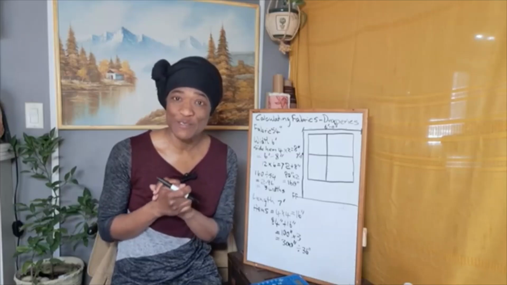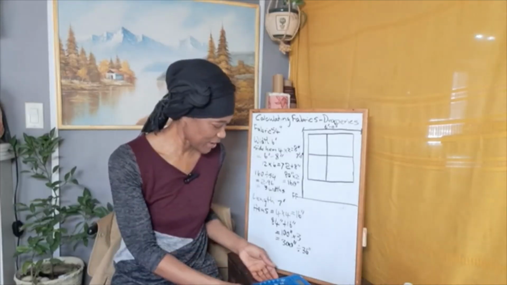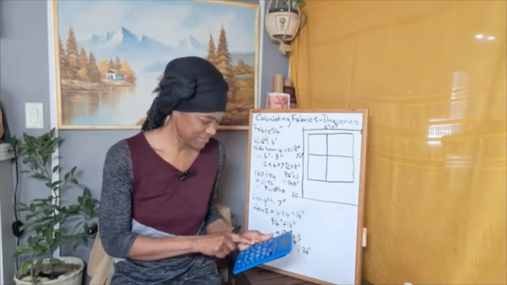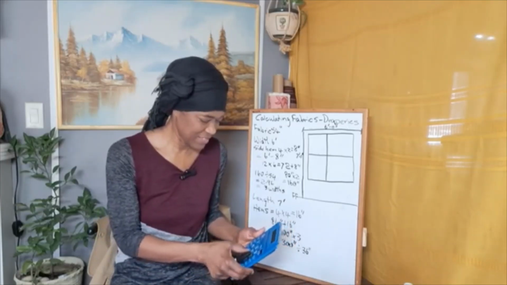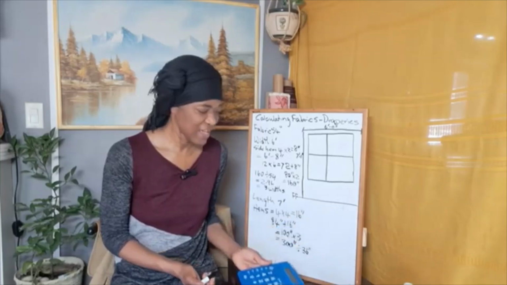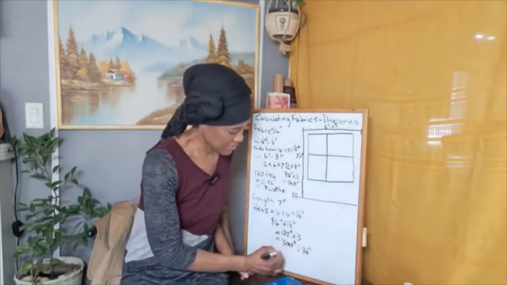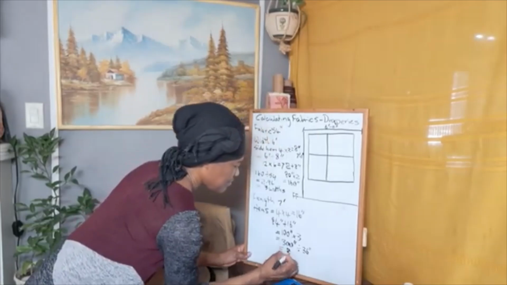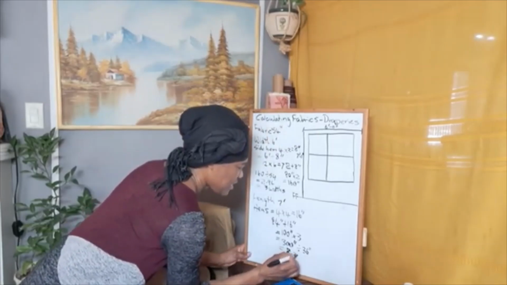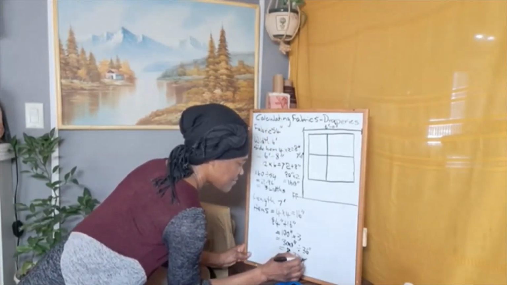So 3 12s are 36. So 300 divided by 36 equals 8.33